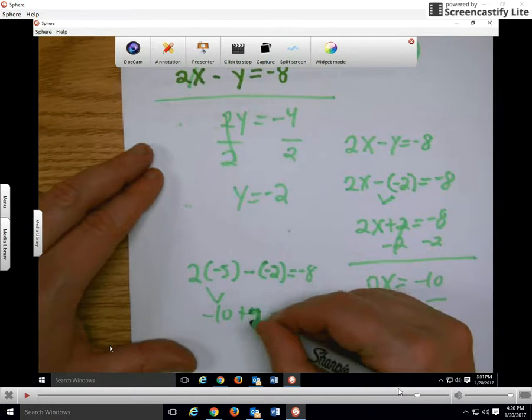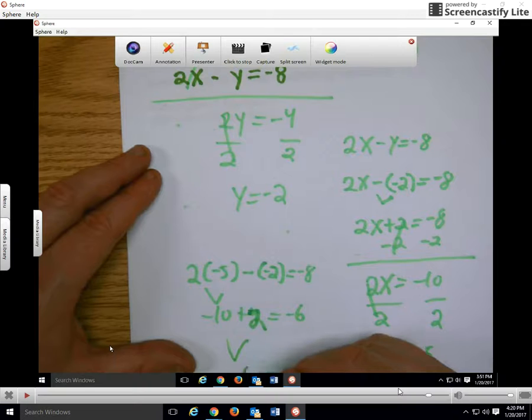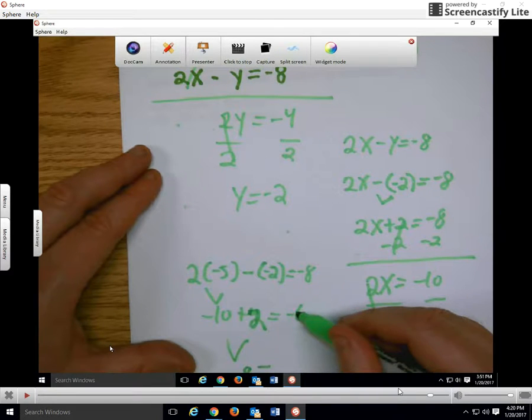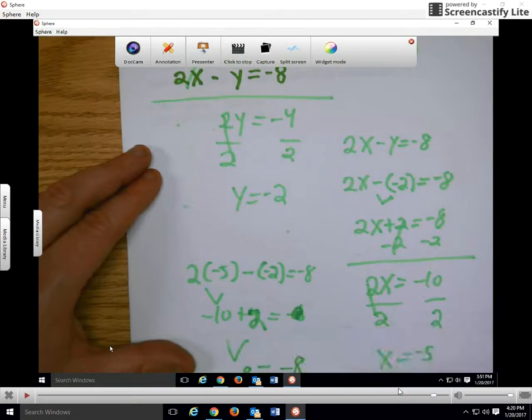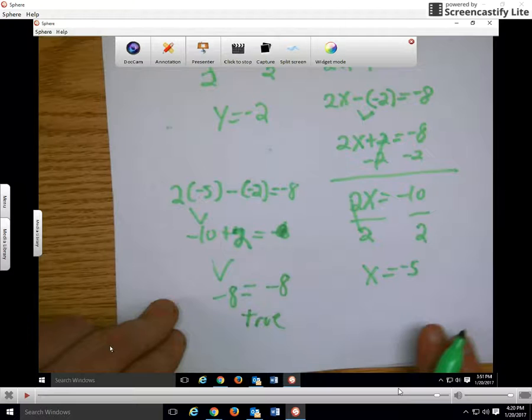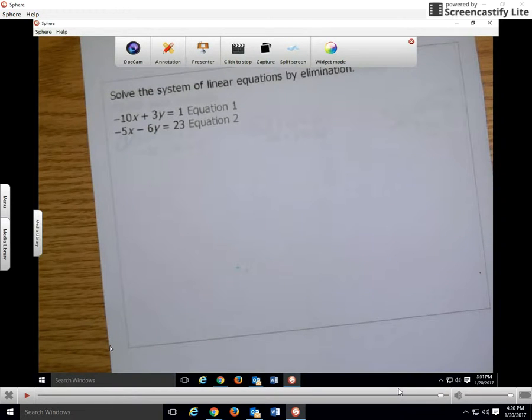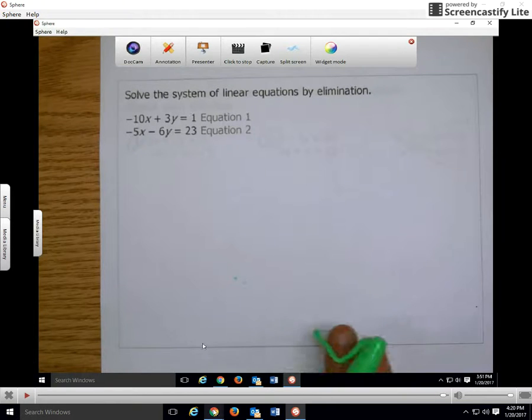Let me rewrite that. So 2 times a negative 5 would be a negative 10. A negative next to a negative is a positive. So negative 10 and a positive 2 would equal negative 8. And that equals, sorry, negative 8 is what it should bring down. Negative 8. Yes, that's true. Yay. Got it right. We're awesome. Okay, we'll stop here for right now, and we'll continue next